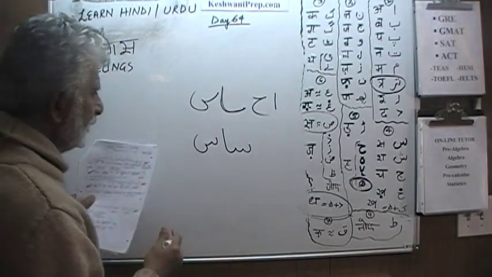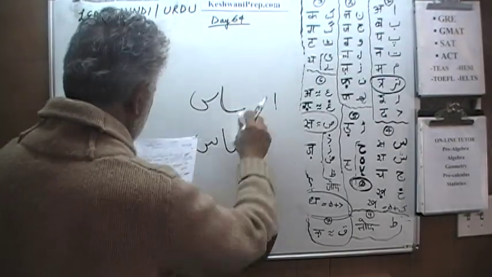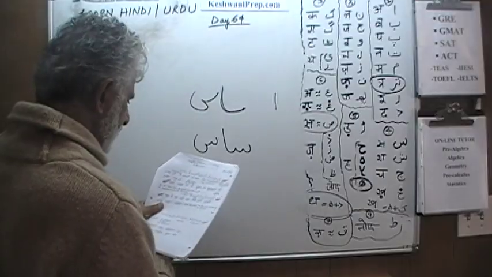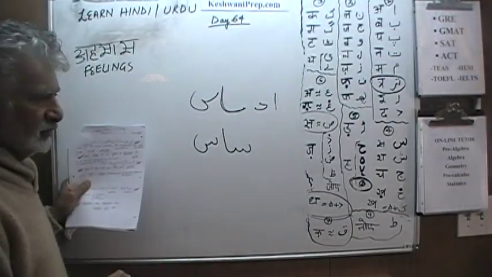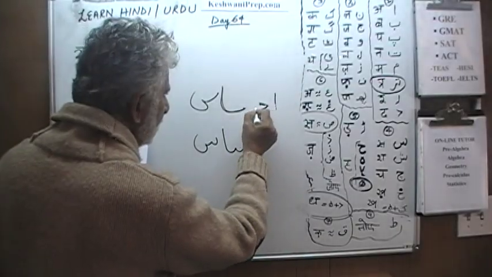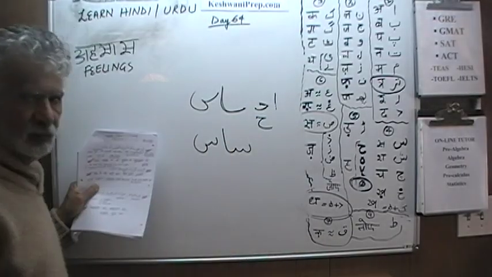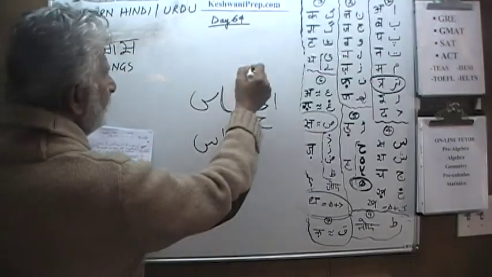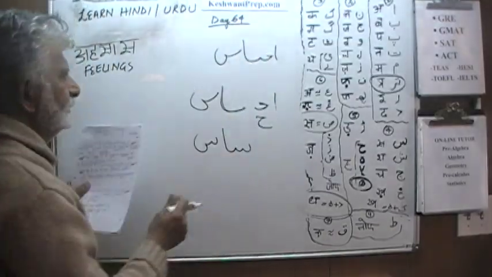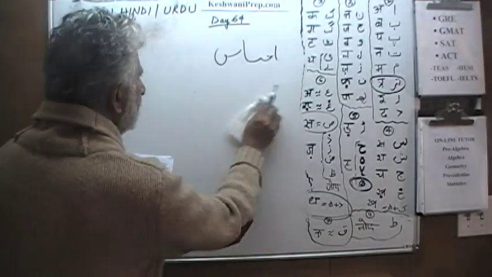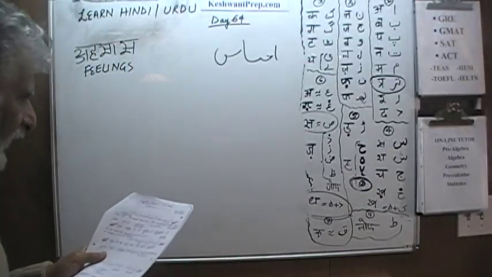Ehsas. Let's put them together. This is going to take a shape that looks just like this. This is a ha, and its full form looks like this. And we combine it with a sa. Sas. एहसास का,